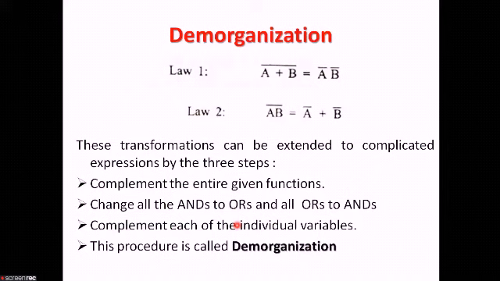Now, this step-by-step procedure of converting is called the De Morganization, and De Morganization is a very important way for solving the complicated functions. Now, this is the first way. Another way we will be seeing after a few slides. Let us first see how to solve the problems using these steps. That comprises the 3 steps, or you can also say the first law in the case of De Morganization, or the first method also you can say. This is the first method.